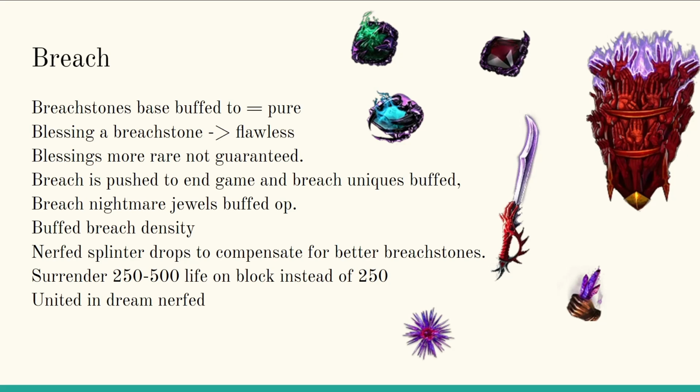Breach is pushed to endgame, and Breach uniques are buffed. Breach Nightmare Jewels are buffed. Breach density is buffed. They nerfed Splinter drops to compensate for the better Breachstones. And then these are a couple of the...